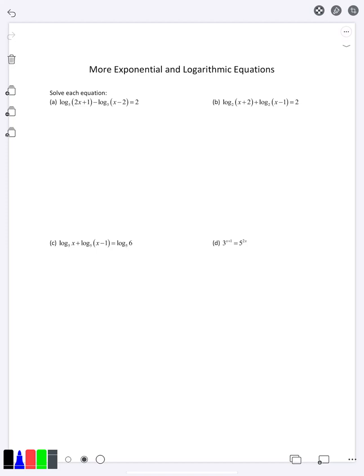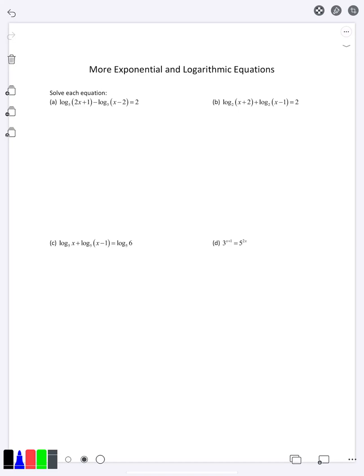In this video, we're going to see how to handle more complicated exponential and logarithmic equations. Mainly, we're going to be using properties of logarithms in order to help us solve them. So for this first one here, we have log base 3 of 2x plus 1 minus log base 3 of x minus 2